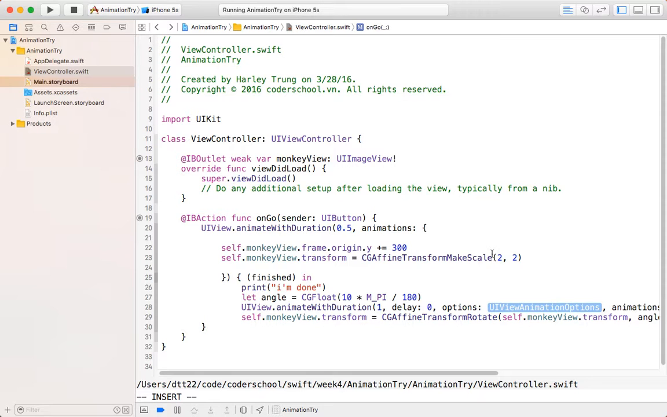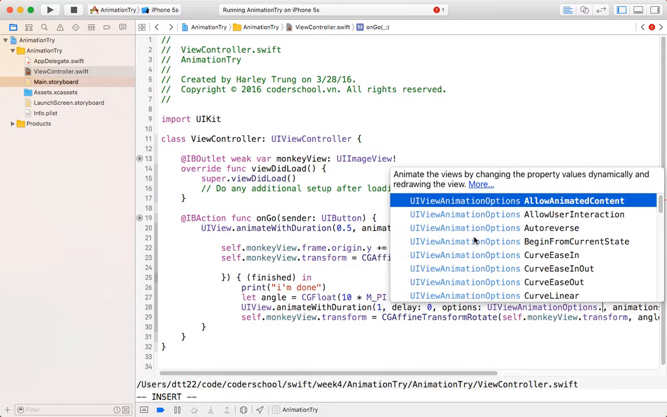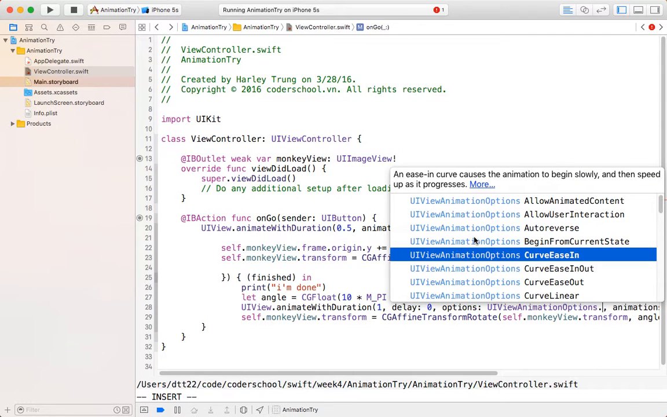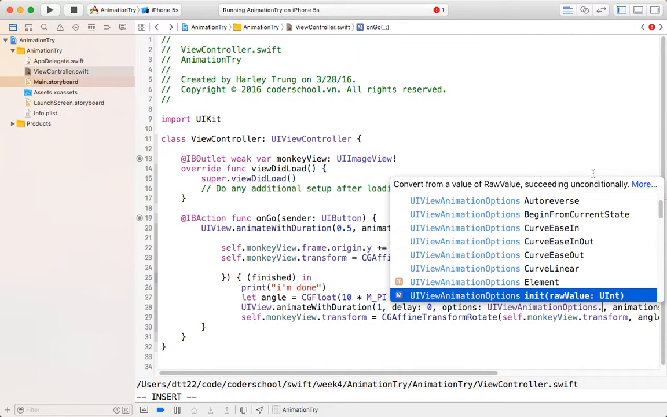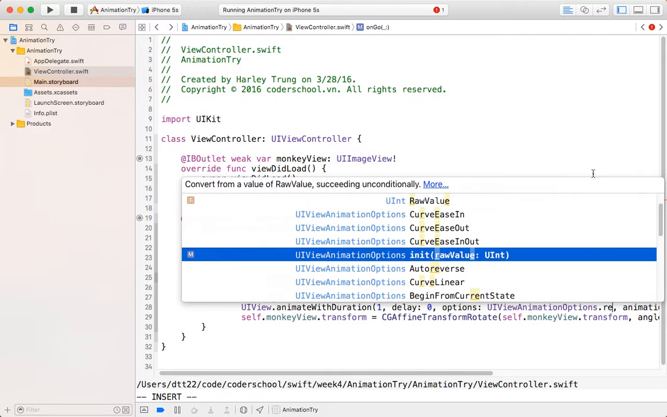And now down here, if I just enter this guy, animation options, we'll have a few things. And there are a lot of them. You see how curve ease in? It causes the animation to begin slowly, speed up, and then go faster towards when it's done. So ease in and out, then it slows down. So what I want here is I want to tilt to the left, and then I want to wave, right? I want to keep tilting. So there's an option here called